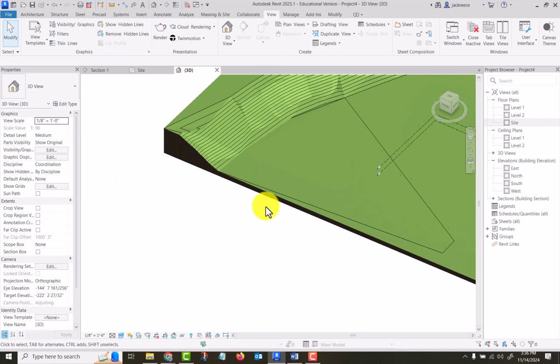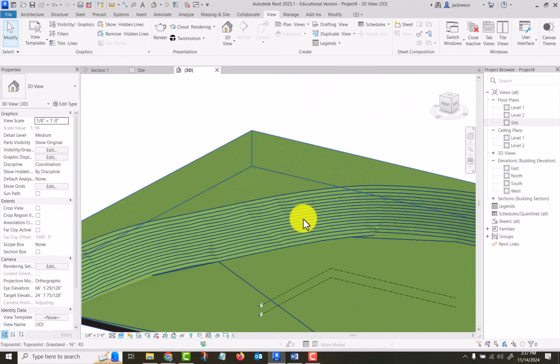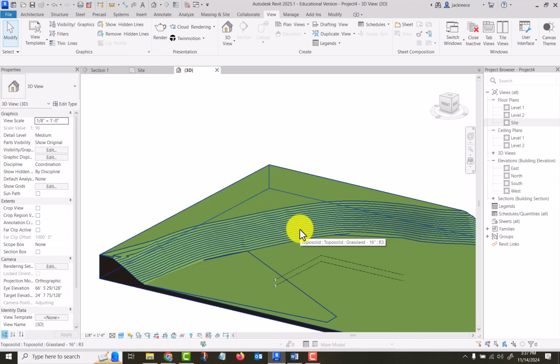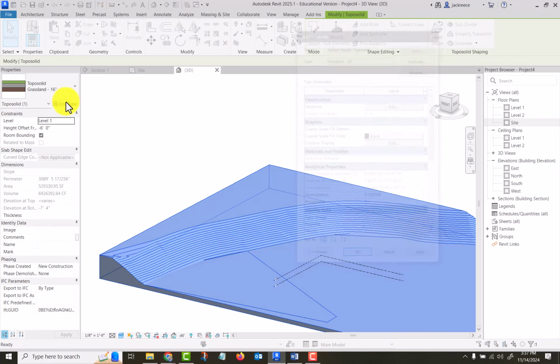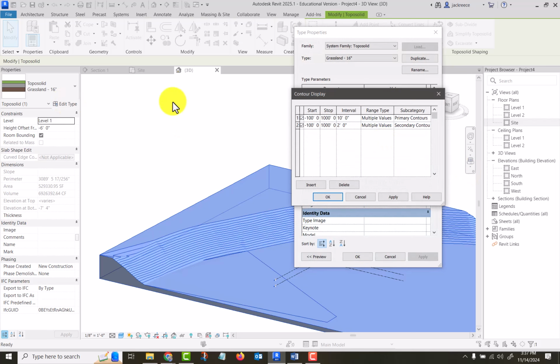Okay, now here's another little thing that you can do. We want to add a special contour interval at a certain elevation. We might need, I don't know, a flood zone level, maybe a high water mark, a low water mark, maybe a rock strata level, something that you need to mark a specific elevation throughout the whole project. Well, you come here to contour display and we'll go insert, and we're going to start over here